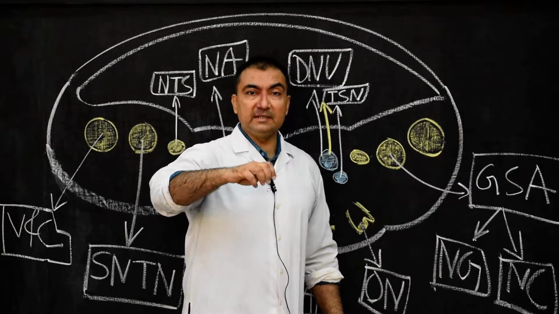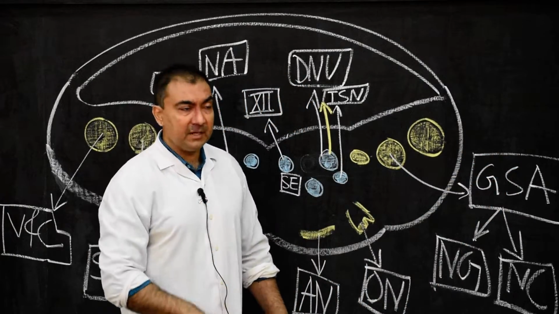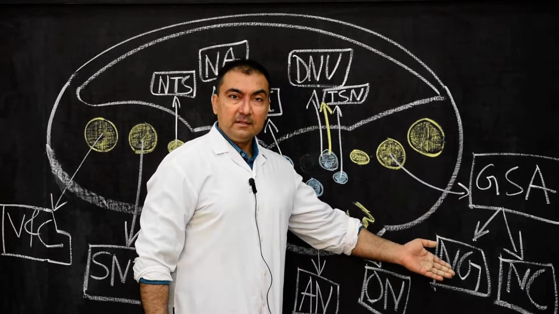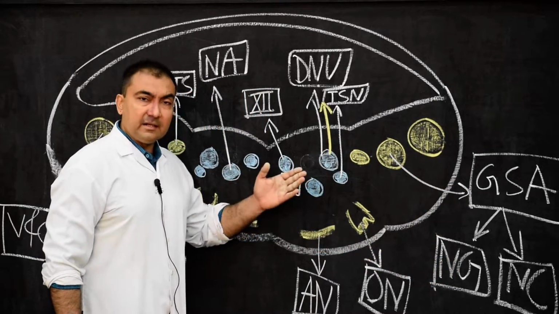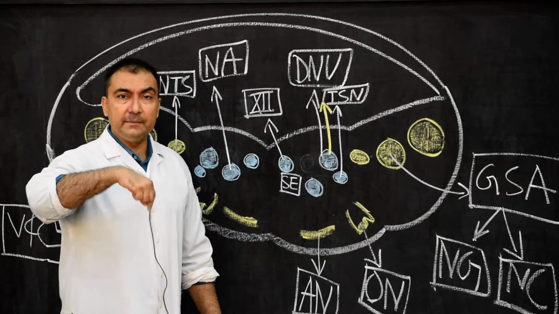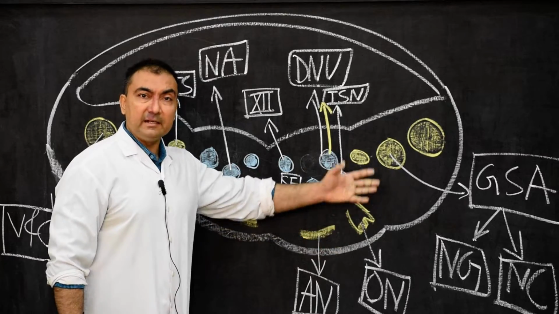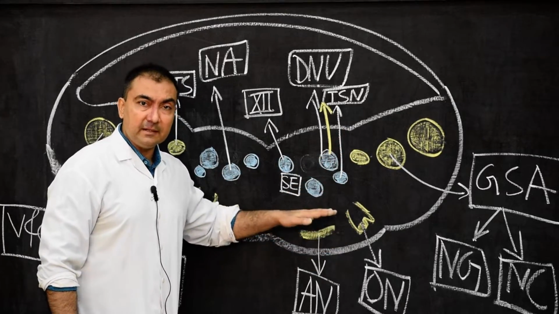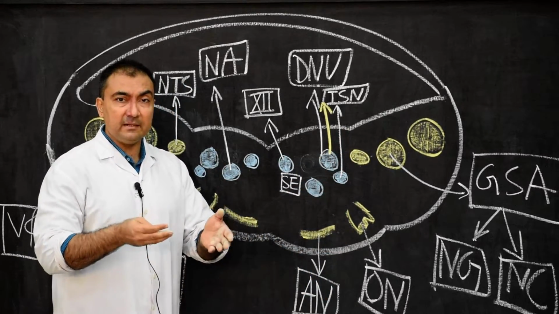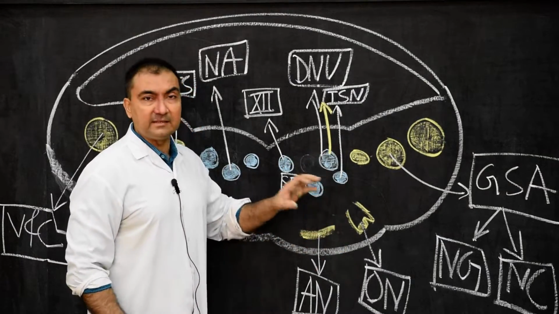So in short, is it developing from basal lamina or alar lamina? Alar lamina. And what about the olivary nucleus and arcuate nucleus? Will it develop from basal lamina or alar lamina? It will develop from the alar lamina. They have migrated from the alar lamina and settled where? In the marginal layer. But settled where? In the marginal layer ventral to the basal lamina.